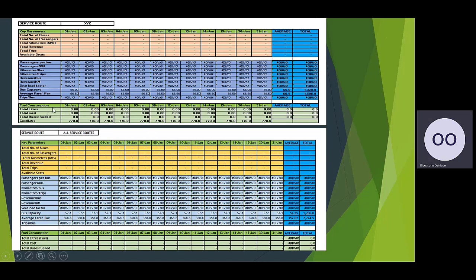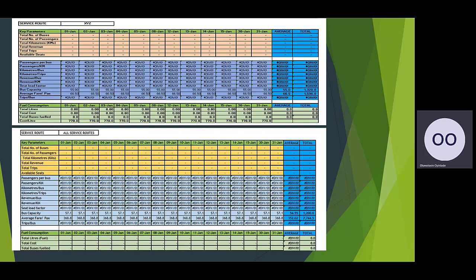Then looking at the fuel consumption now: the liters of fuel that was purchased, the cost per liter, the number of buses that you fuel. From there you can get the total cost. That's the product of the liters and the cost per liter. So it gives you the total cost that you have actually spent on that fueling